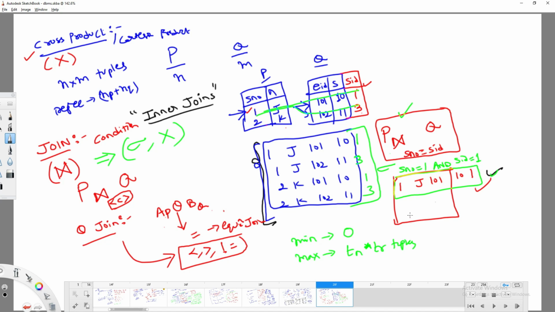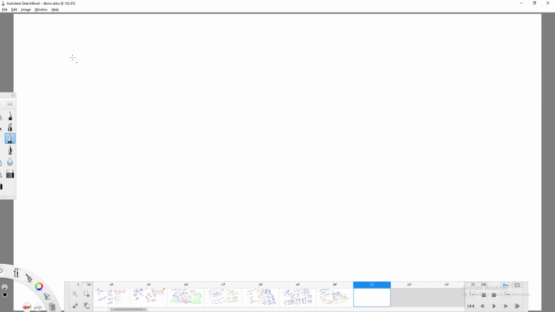Right? So there is one more kind of classification, that is outer joins. Outer joins, where depending upon the requirement, we won't lose the data. Even if the data is meaningless, if you don't want to lose it, then we will go for the concept of outer joins. Outer joins, right? So before outer joins, there is one more kind of join which comes under inner joins, that is natural join.